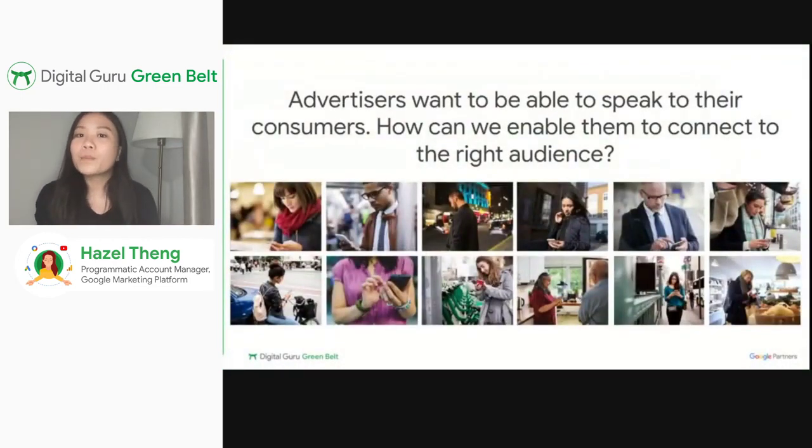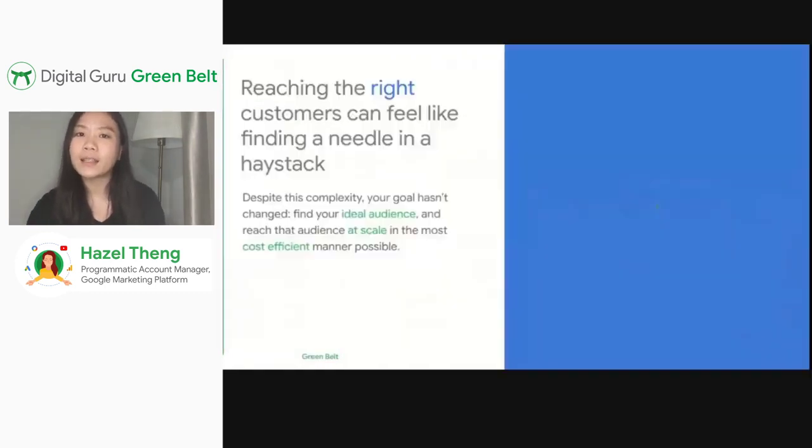So you've heard that programmatic actually allows you to reach out to the right users at the right time. But what capabilities are available on DV360 that would allow you to target these specific audiences? Let's dive into the specificities of this. So we're all seeing ads every day as consumers, right? But think about it. How many of them are exactly relevant to you? Advertisers are looking to speak to the right consumers, and the role of planners today has also shifted to find these right audiences for the brand's campaigns.